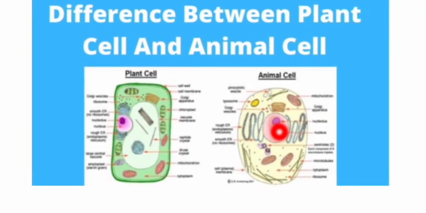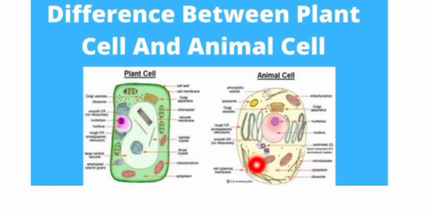Both the animal cell and the plant cell have the nucleus. The similarities are that both have the nucleus, mitochondria, Golgi apparatus and so on. The only difference is the size of the vacuole. The vacuoles are smaller in the animal cell and larger in the plant cell. These are the similarities and differences between the plant cell and the animal cell.